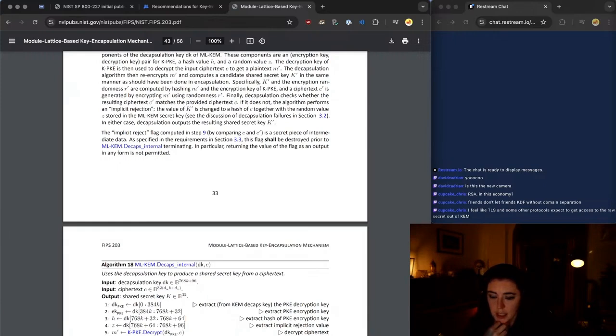But this means that if you're using ML-KEM in that protocol we were just looking at in figure 4, if you only use ML-KEM in that protocol, you can get away with not including the encapsulation key into your protocol key schedule, because you know that ML-KEM always binds that in. This is the nice thing you can get if you have a protocol that's tightly designed around its primitives. But if you don't have a protocol that's tightly designed around its primitive, like kind of your TLS